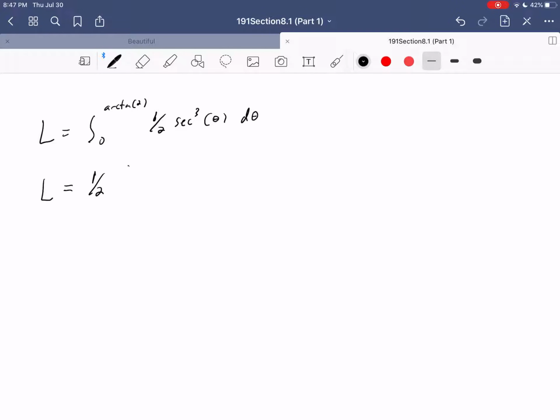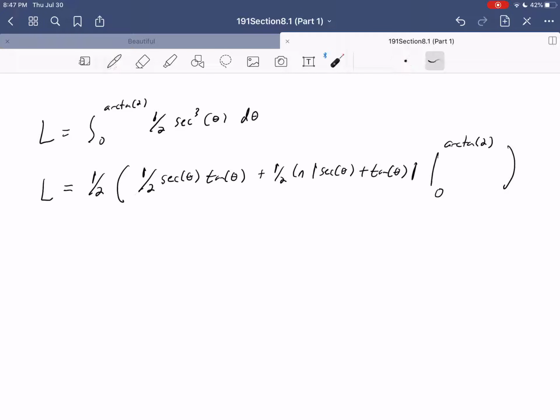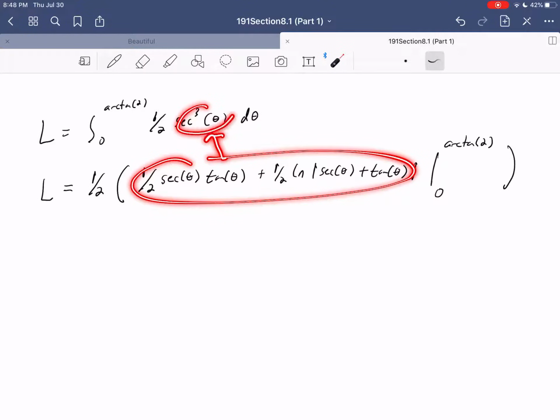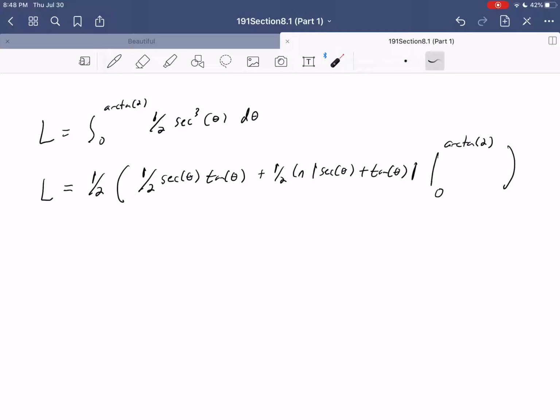be 1/2 times 1/2, and the actual integral of secant cubed is 1/2 secant theta tan theta plus 1/2 ln secant theta plus tan theta, evaluated from 0 to arctan of 2. So this right here, 1/2 secant theta tan theta plus 1/2 ln secant theta plus tan theta, was our derived result for the integral of secant cubed. We still have that extra factor of 1/2 there, and we still need to evaluate this from 0 to arctan